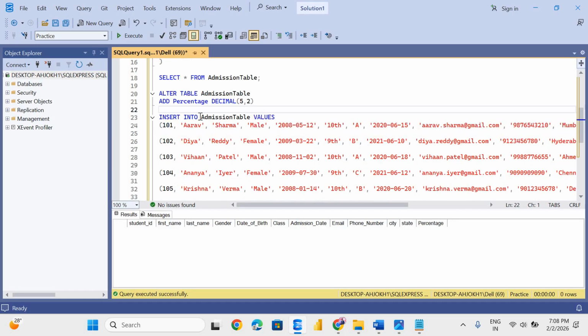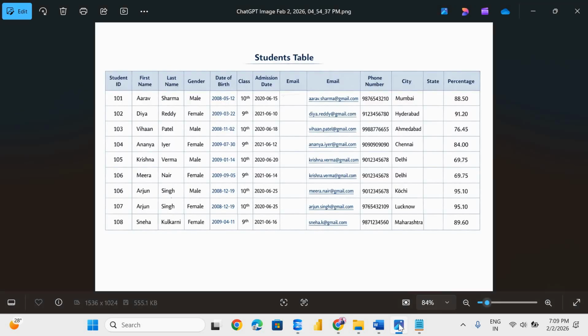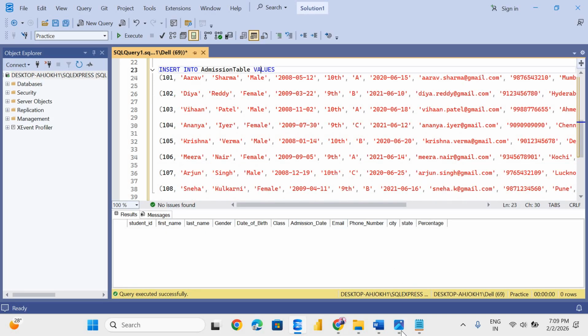So insert into admission table, it is the table name. Values, what are the values? 101 Arav Sharma is male, his date of birth is this, and class, this we didn't create. Okay,